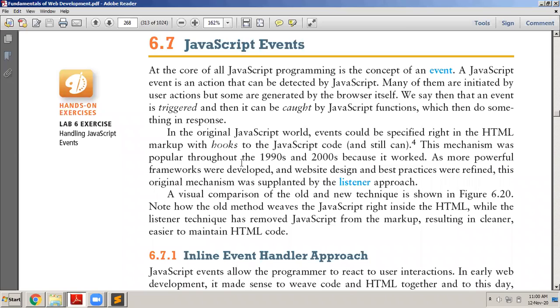And then every event, when it occurs, executes some JavaScript code or some function. That function is called a handler function. The moment some action, some event occurs, it executes a JavaScript, and that JavaScript function that you execute is called the handler function. So please remember that word. Some handler code to execute when a particular event occurs, and that code is to be written by the developer, of course.